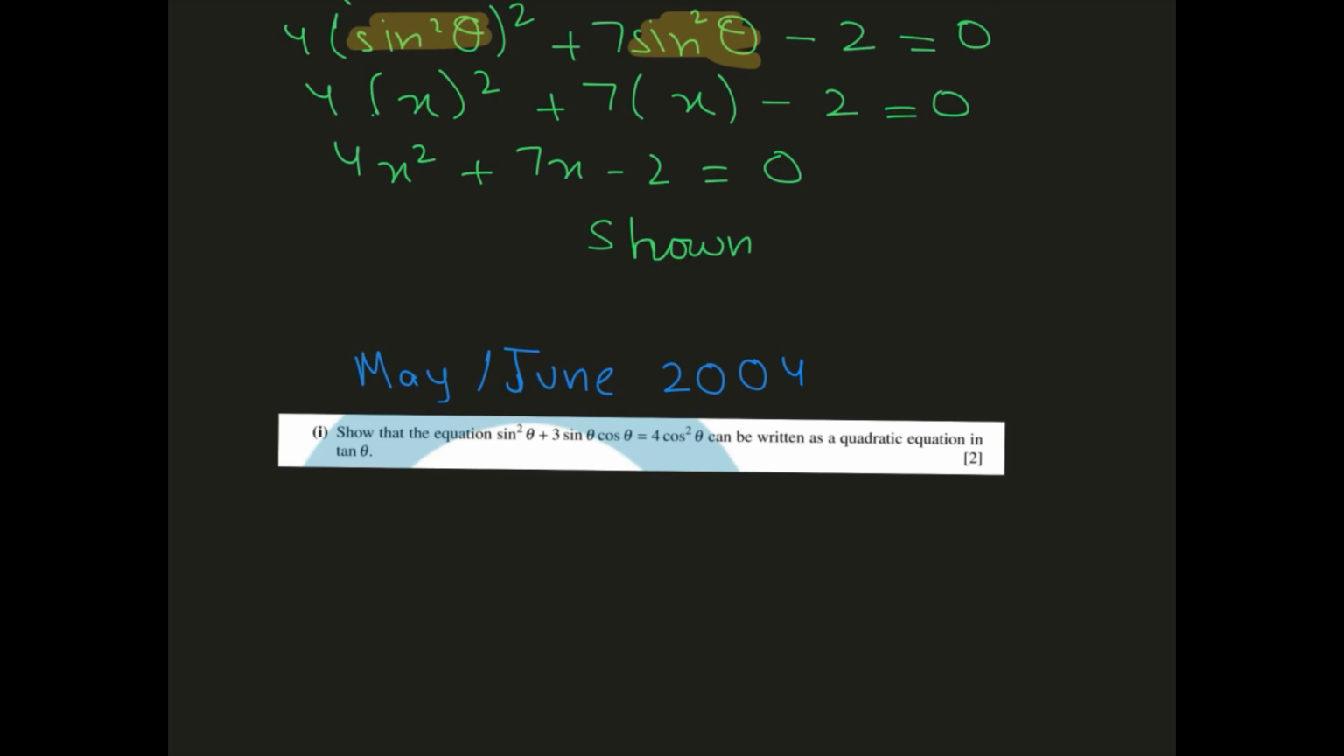Okay, so we have our next question from May-June 2004, and in this question they want us to express sine square theta plus 3 sine theta cos theta is equal to 4 cos square theta as a quadratic equation in tan theta, right? So basically we have to eliminate all sine thetas and cos thetas and introduce tan theta. So what we can simply do is we can divide this by cos square theta throughout the equation. So if we do that, we will have something like sine square theta